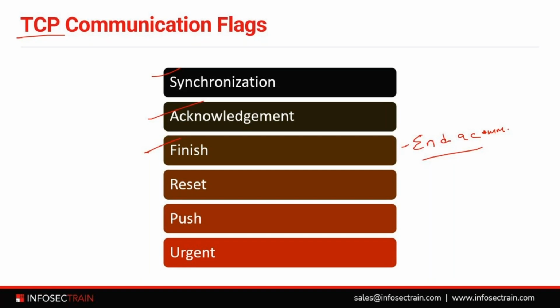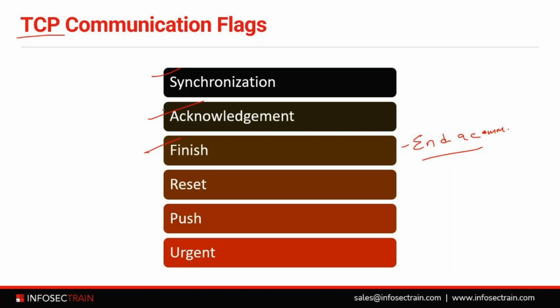That's the three-way handshake. Then when we are done, we say goodbye to everyone, right? So that's a gracious way of closing the communication. Or you can say the finish flag is used to gracefully terminate a TCP connection,